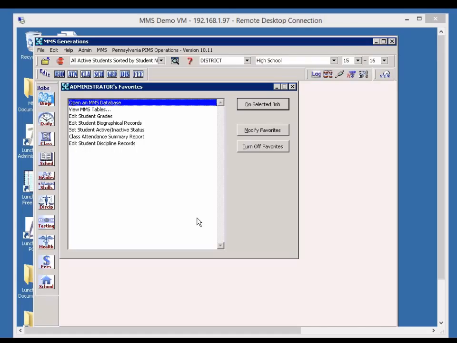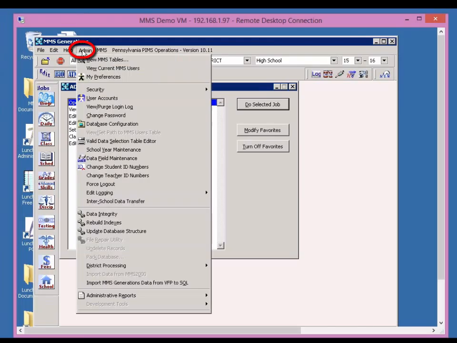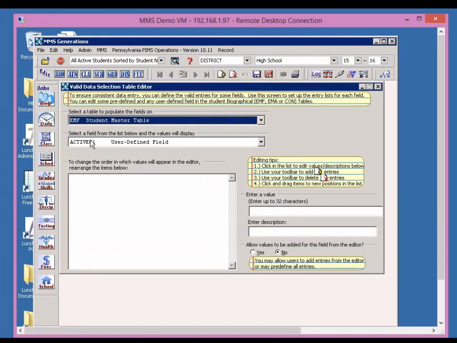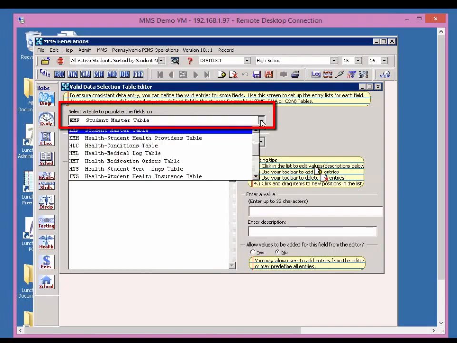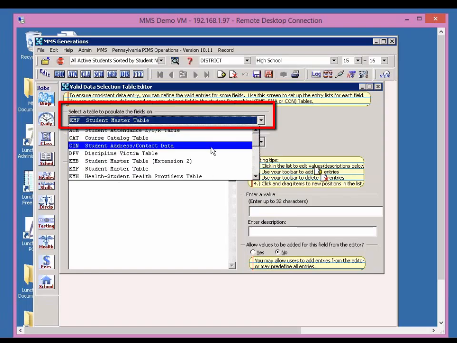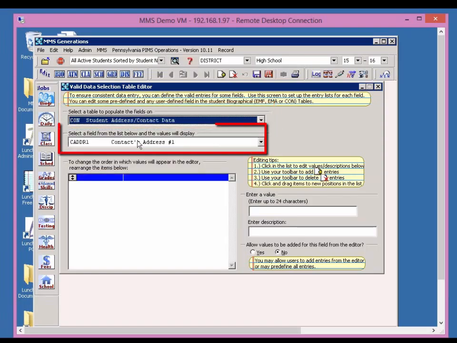entered into fields consistent. In order to access the Valid Data Selection Table Editor, we need to go to Admin, and right here is the Valid Data Selection Table Editor. Once in, you are able to select a table to populate the fields on. So for this example, I'm going to go to the student address contact data, and you'll notice the information changes